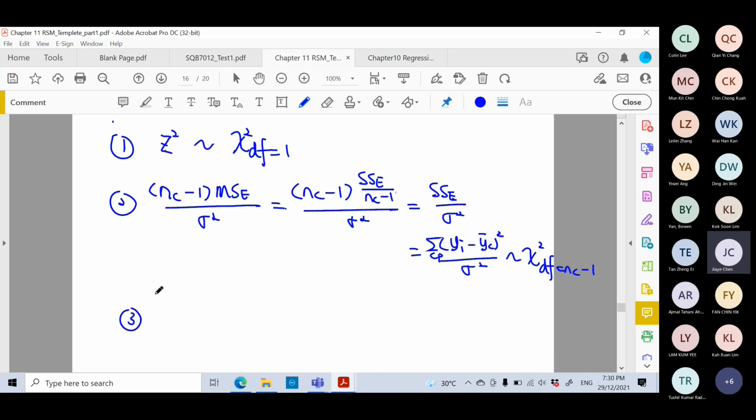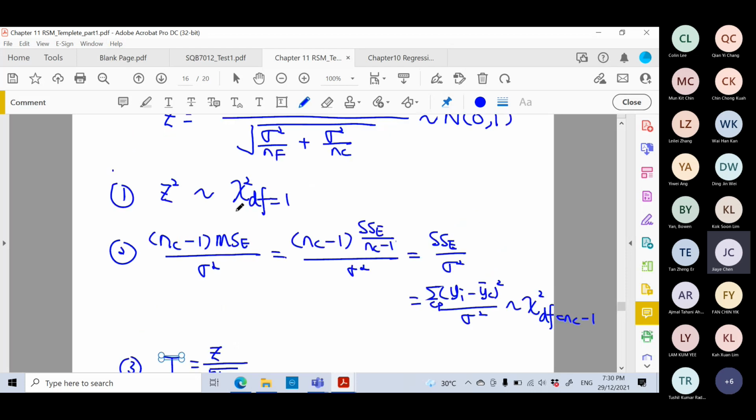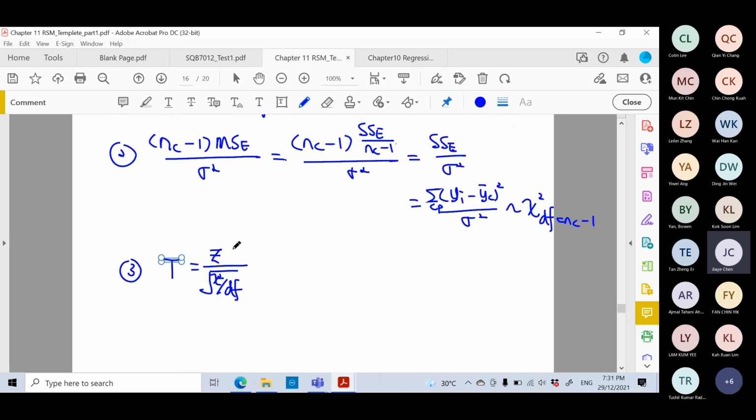The third thing you need to know is that a T distribution equals the Z divided by the square root of a chi-square distribution divided by its degree of freedom. This is a T distribution here. So if we use the Z here and divide by this particular function, then you can see what you have. So the Z will be equal to